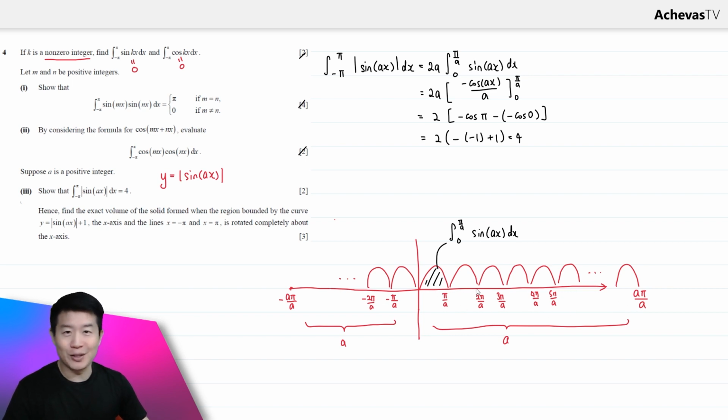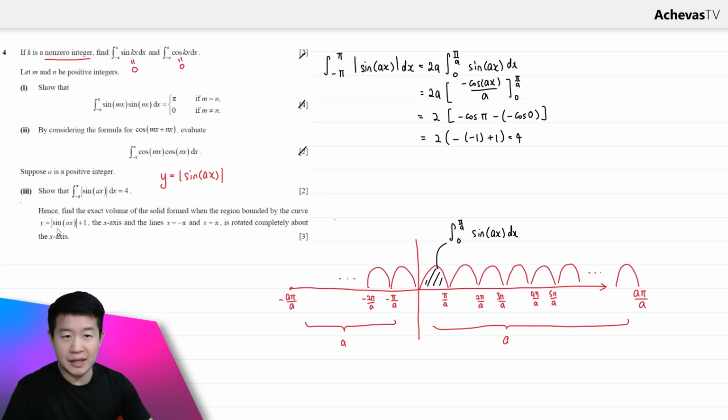Okay, a little bit of series and sequences is applied here because of the pattern recognition. Yep, so we are getting a 4 based on this. And hence the question says, so we'll probably be making use of this result. Hence the question says we are supposed to find the exact volume of the solid that is formed when the